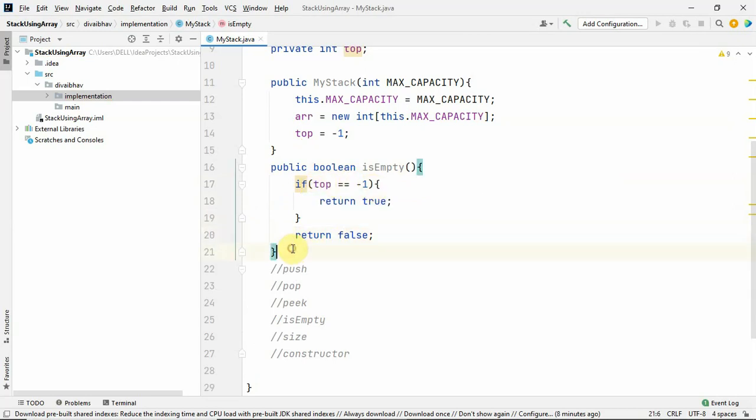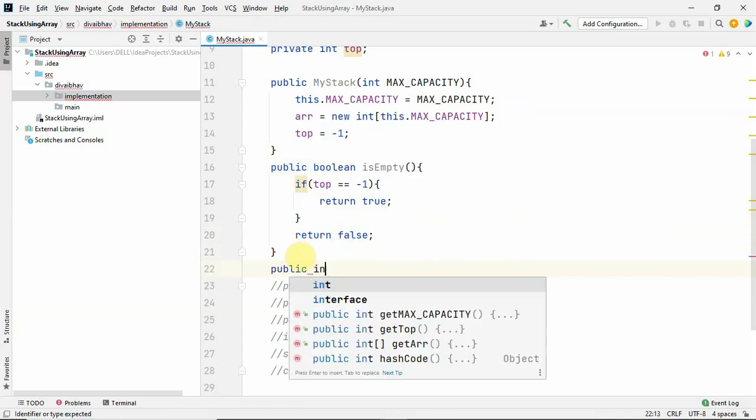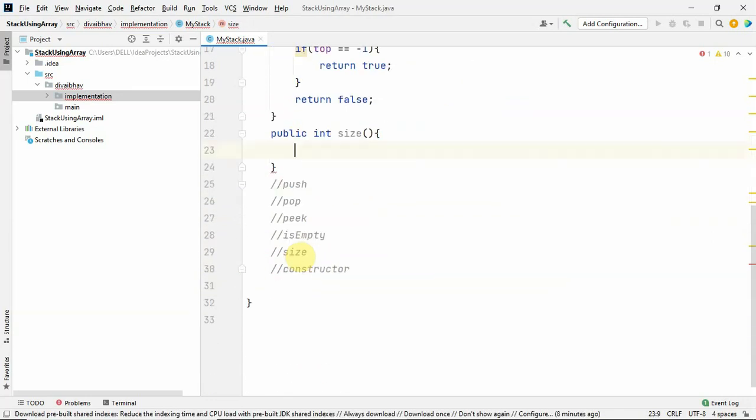Now the second method which we are going to define is size. So public int size. This method will tell the total number of elements present in our stack. If there's one element in our stack, then our size will be 1. And how are we going to calculate that?